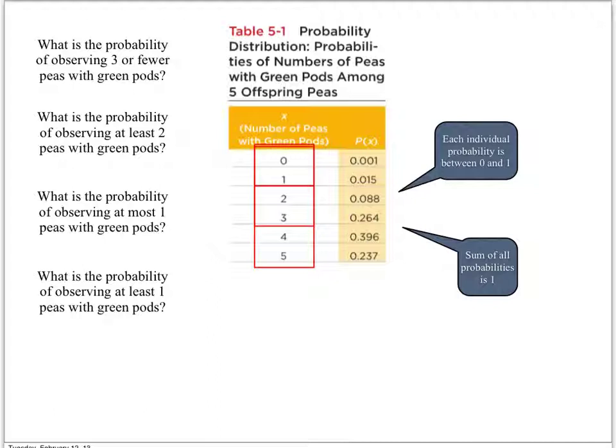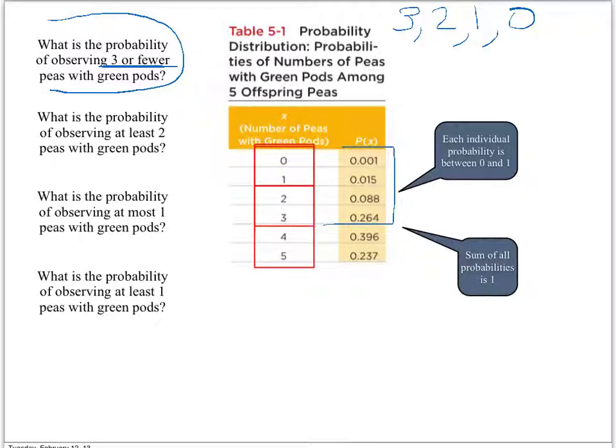So let's talk about the probability now of observing 3 or fewer peas with green pods. Well, if you're going to observe 3 or fewer, that means the possible values for the random variable x are 3, 2, 1, and 0. 3 or fewer means any number 3 or less. So we take the probabilities for 3, 2, 1, and 0 and add those together. So we go to the table and add those probabilities together to answer this question. That will give us the probability of 3 or fewer